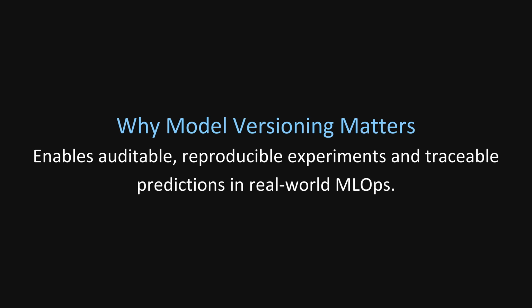Model versioning sits alongside ideas like model serving as a core part of MLOps because it makes experiments auditable and results reproducible. It matters whenever models are deployed to real users. Teams need to trace predictions back to a specific version, meet compliance requirements, and collaborate safely across data scientists, engineers, and product owners. Model versioning